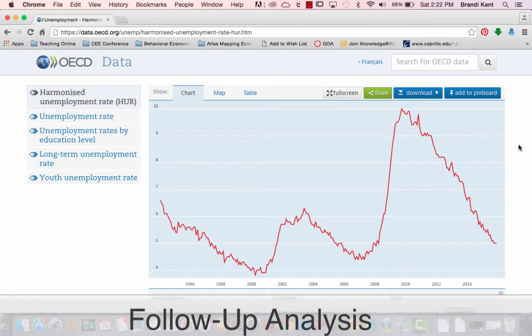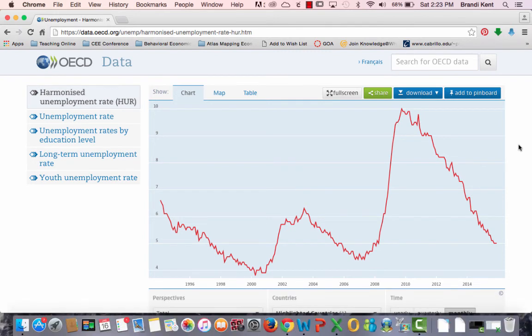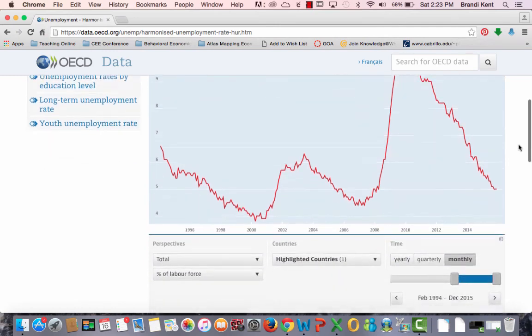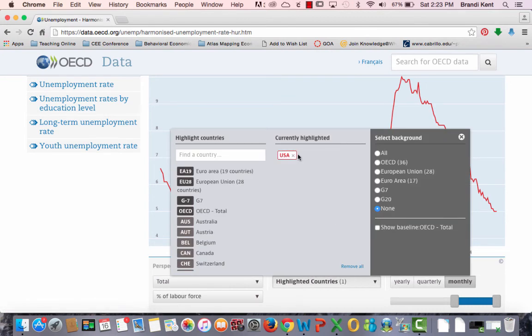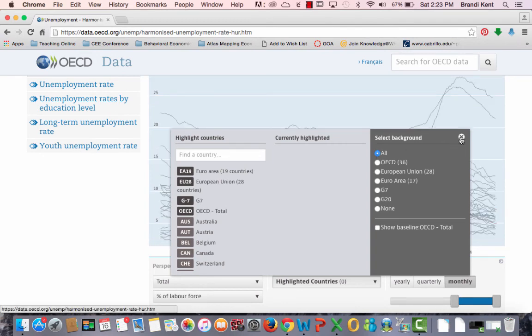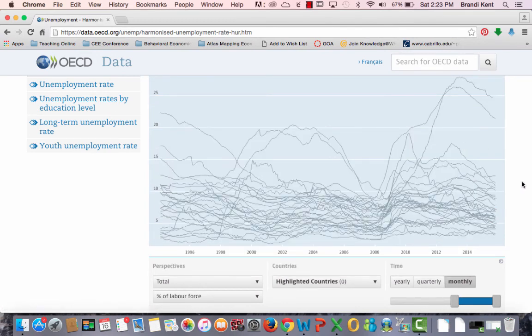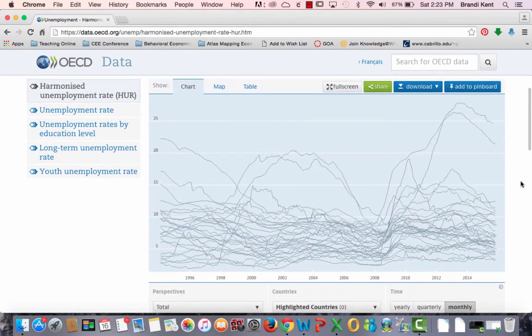Now the last part of the assignment that you're going to work on is the follow-up. And with this, you're going to go back to the crazy looking charts. What I would like for you to do in the follow-up is click where it says highlighted countries. I want you to get rid of your country for now, but I want you to look at all of the countries together. Again, this is going to make the graphs look a little bit crazy. But what's cool is now you'll be able to see how all of these